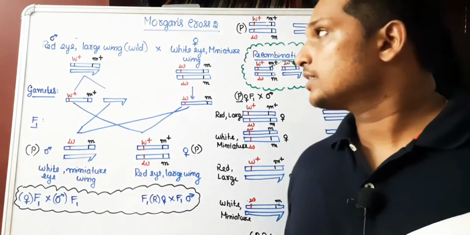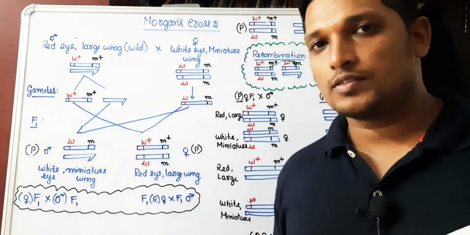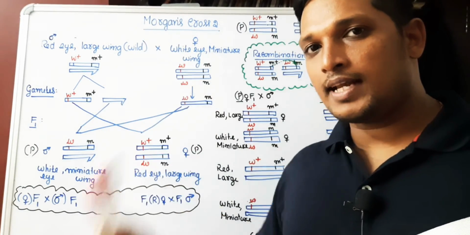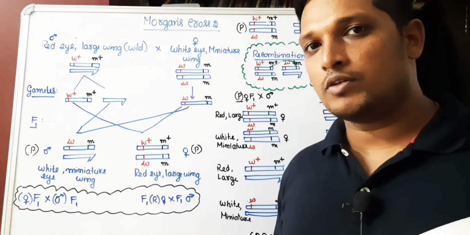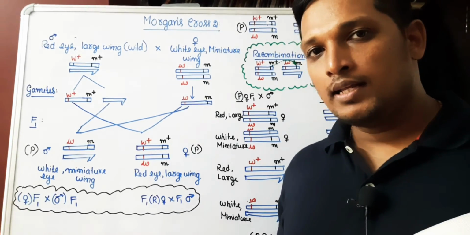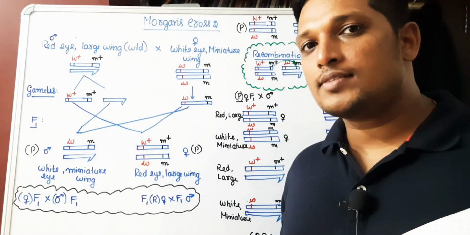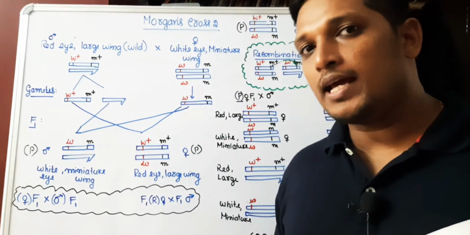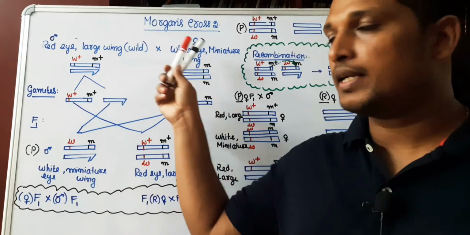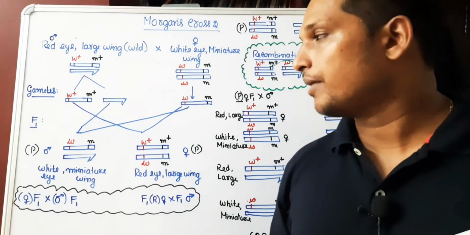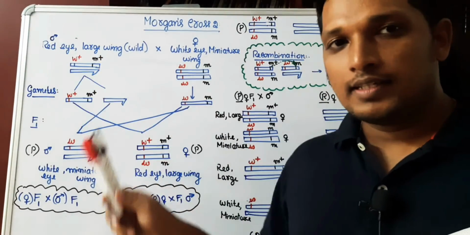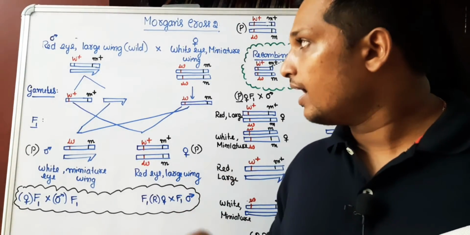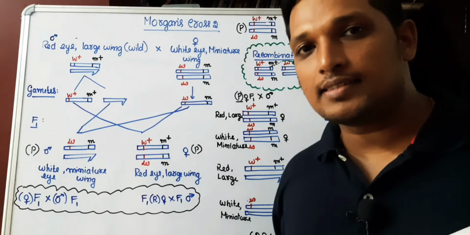Now we are going to understand Morgan's second cross. Before going into this video regarding second cross, please refer to my previous video regarding cross 1, where I had given you the basic ideas of a cross. Morgan did one more dihybrid cross. Dihybrid refers to taking two characters at a time. That is, now he took eye color and the wing size into consideration.